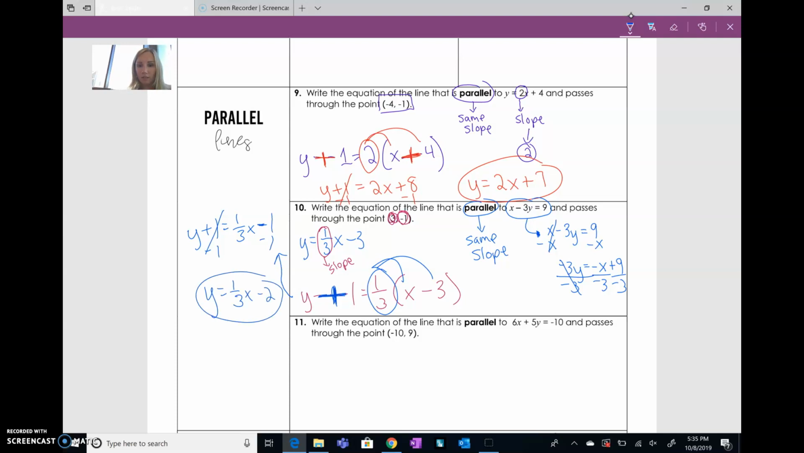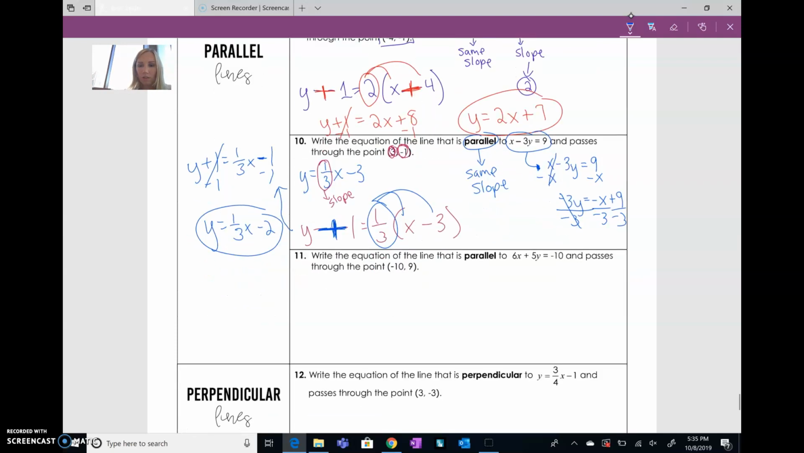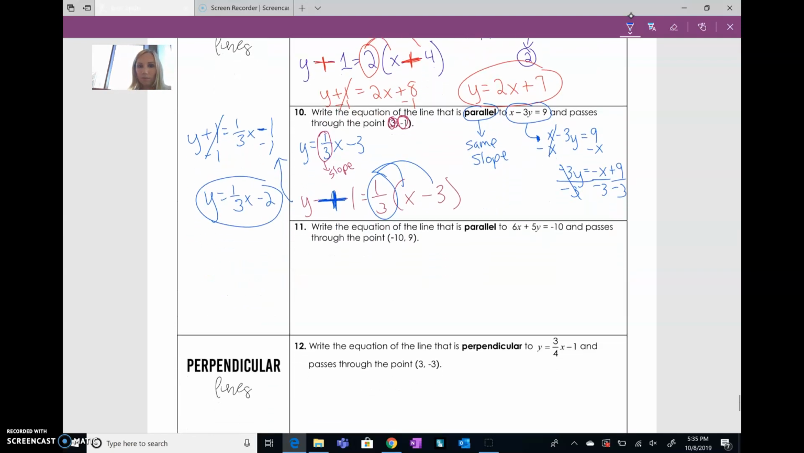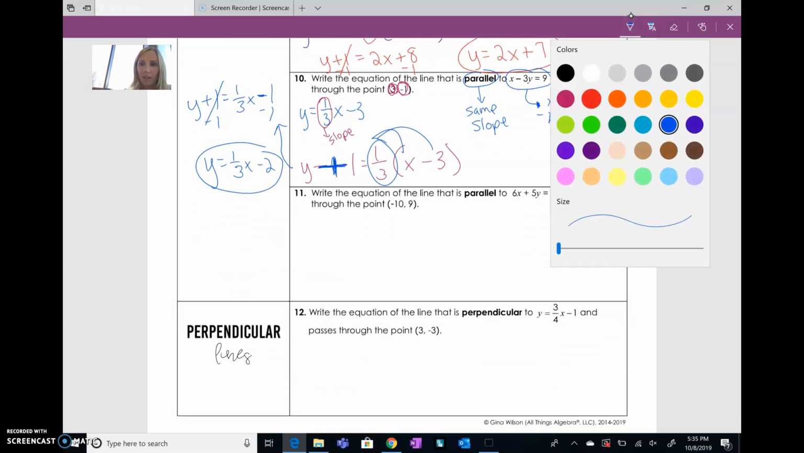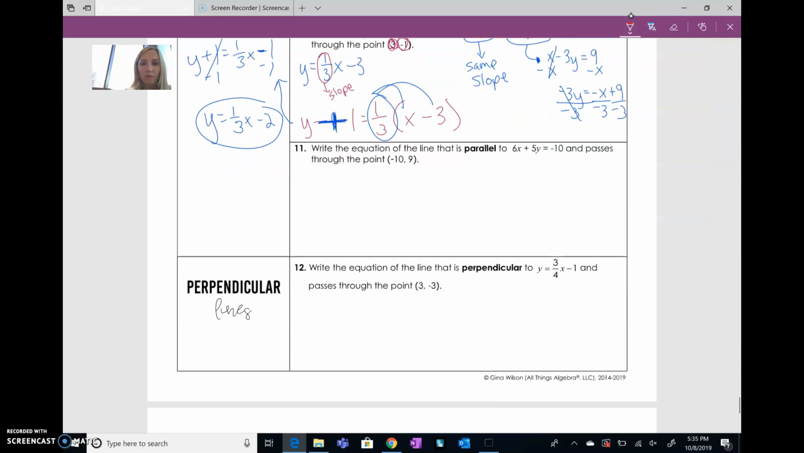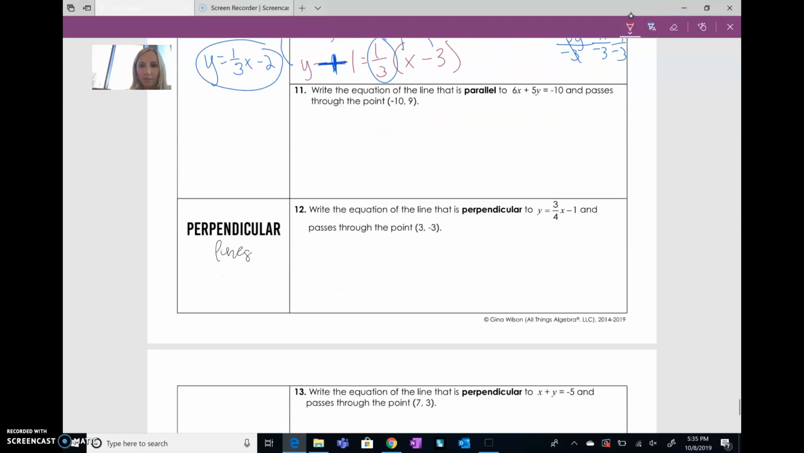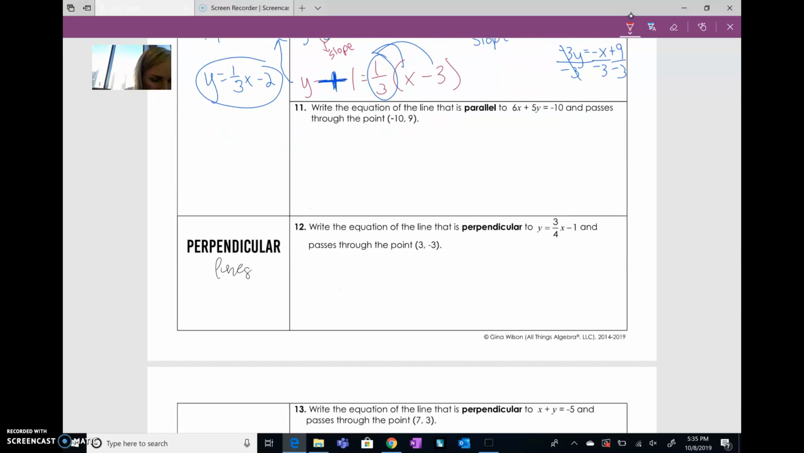I know that was kind of complicated and long. Number 11, let's save that for class. If you want to try that one on your own, for sure, be my guest. And last, look, it's almost 10 minutes. Okay,